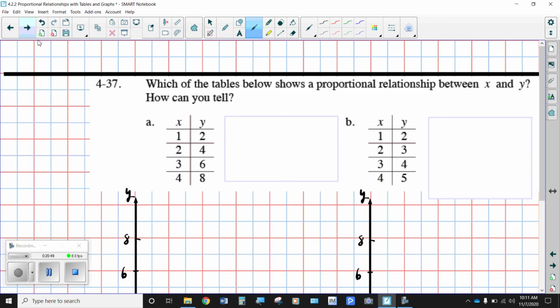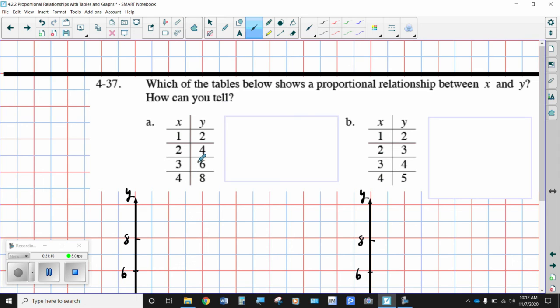All right, so now 2 more pages to go, 2 more problems. Which tables below shows a proportional relationship, and how can you tell? So please copy down these tables and go through that check. And if you want to, I'm going to plot these points on the graph to prove whether or not they